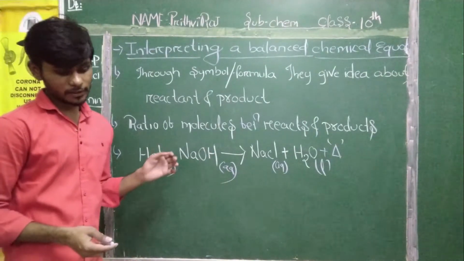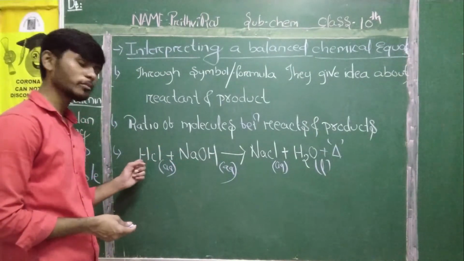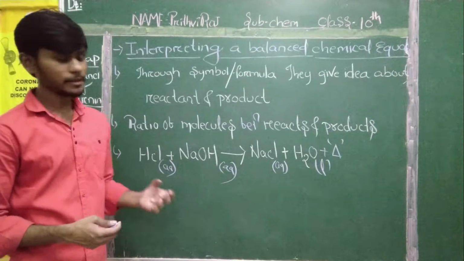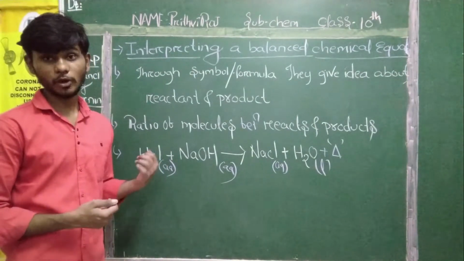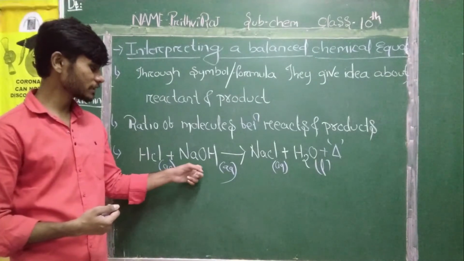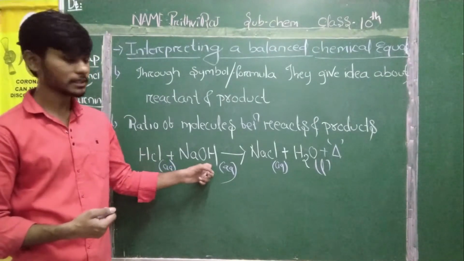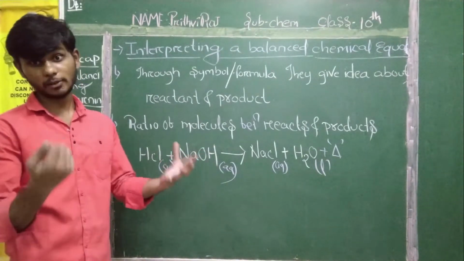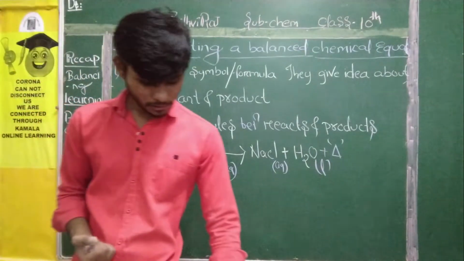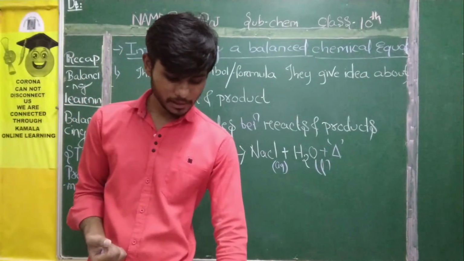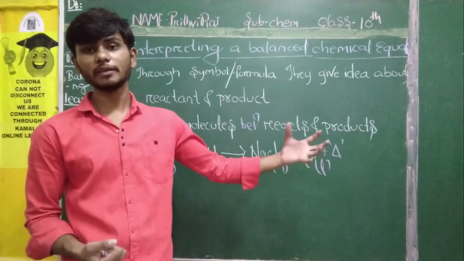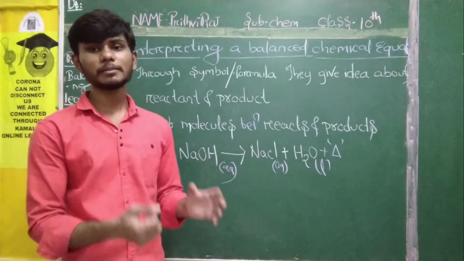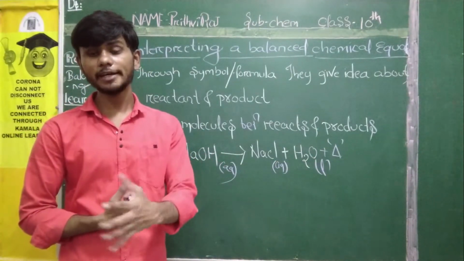Here molecular mass is already expressed. There is one hydrogen as well as chlorine. The mass of hydrogen is 1, whereas chlorine is 35.5, so we get 36.5. Sodium hydroxide is the same: sodium stands for 23, oxygen stands for 16, and hydrogen for 1. This is a molecule, so we can calculate molecular mass. In products also we can find their relative masses very easily. We just need to remember our mass table, which you completed in your 9th class.